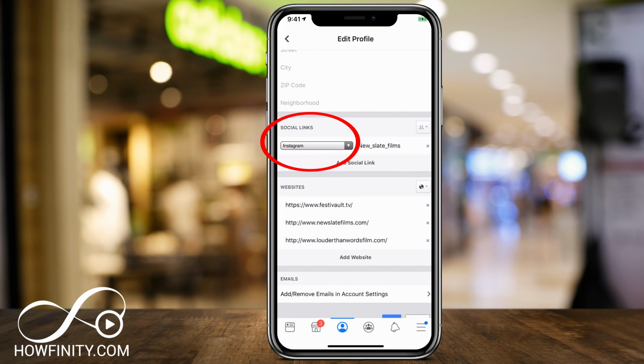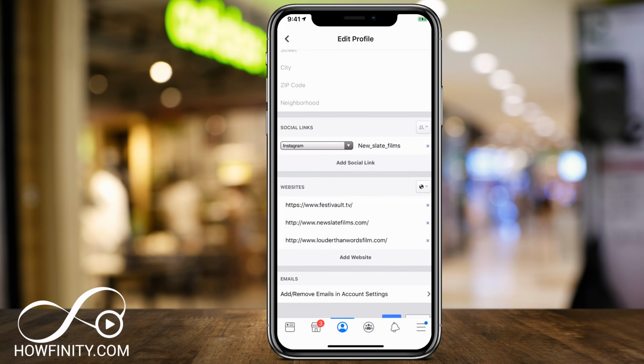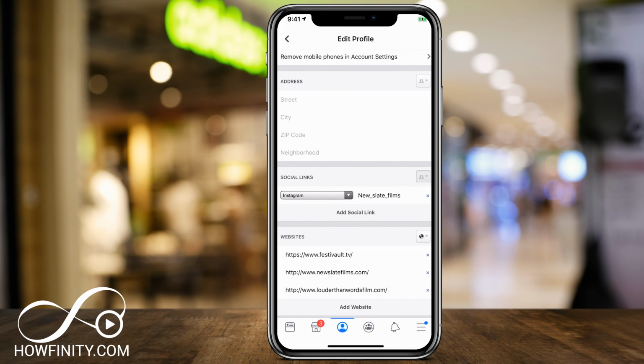And then in the same setting under social link, I chose Instagram, but Twitter, Snapchat, YouTube, and all these other options are available here. Instagram is owned by Facebook, so that's why it shows up number one. Now here under the Instagram, I'm gonna just choose public here so I could show you what it looks like